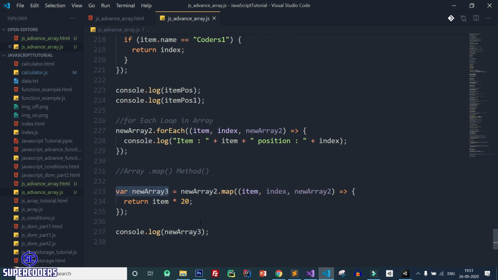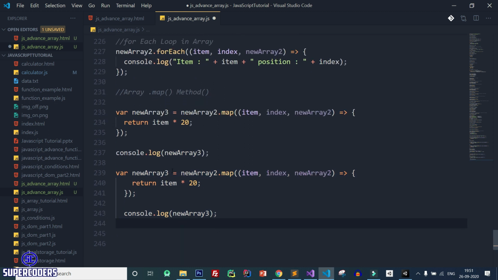You can also do more things. Let's see, just copy this same code, paste it again, change this to 4, change this to 4. So here let's convert this array into an array of objects.